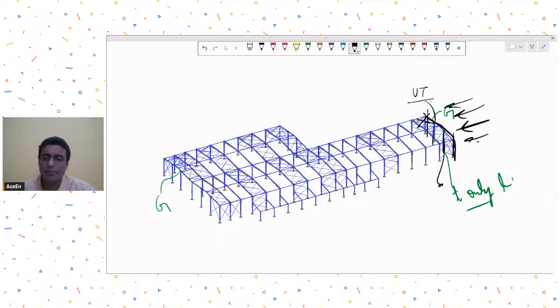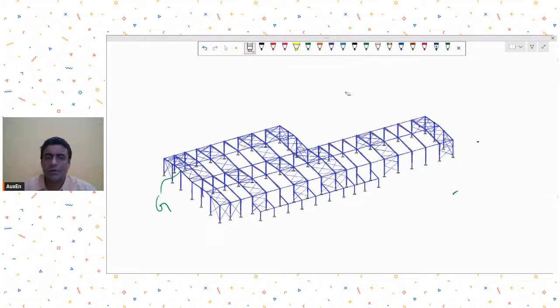Now when he removes the tension only bracing criteria, then the bracings, because they provide strength and stiffness, his utilization ratio also becomes normalized. So what is the solution he is saying? So what you can do is, instead of providing tension bracings to all, maybe you can try to provide, or maybe you can run a non-linear analysis where it will take